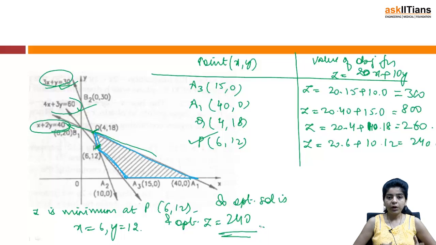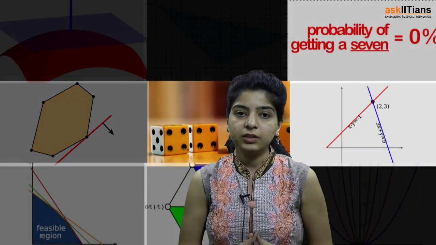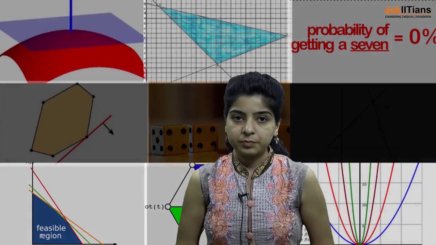I am quite confident that you must have understood this. It is an extremely interesting method as well as simple. Just solve a good number of questions based on it so that you can develop a good speed. You can draw the graphs very easily. You can find out the regions very easily. I hope you have understood the graphical method, that is the corner point method. Just practice a good number of questions based on this method in order to develop good speed.